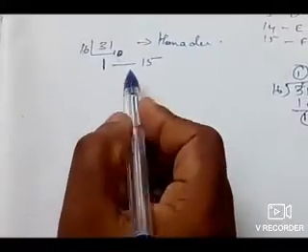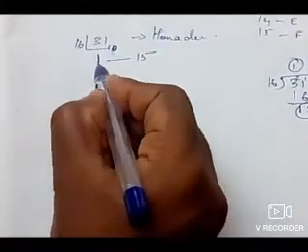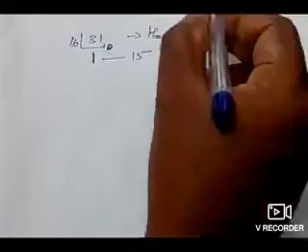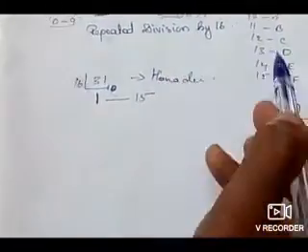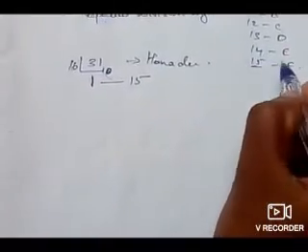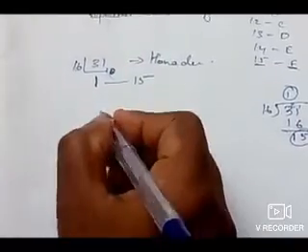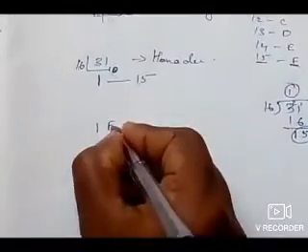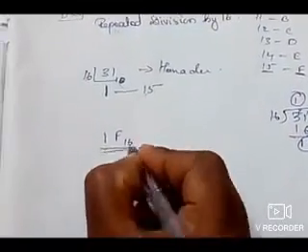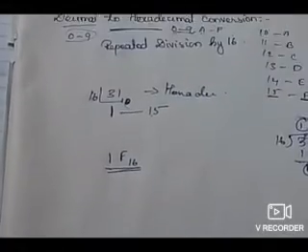Then how do we write this? Here 15 is in the number system, no? Here it is 0 to 9 and A to F. Then this 15 is represented by F. So we write 1, and instead of 15 we write F. Did you get it? This is the hexadecimal conversion of the decimal number.